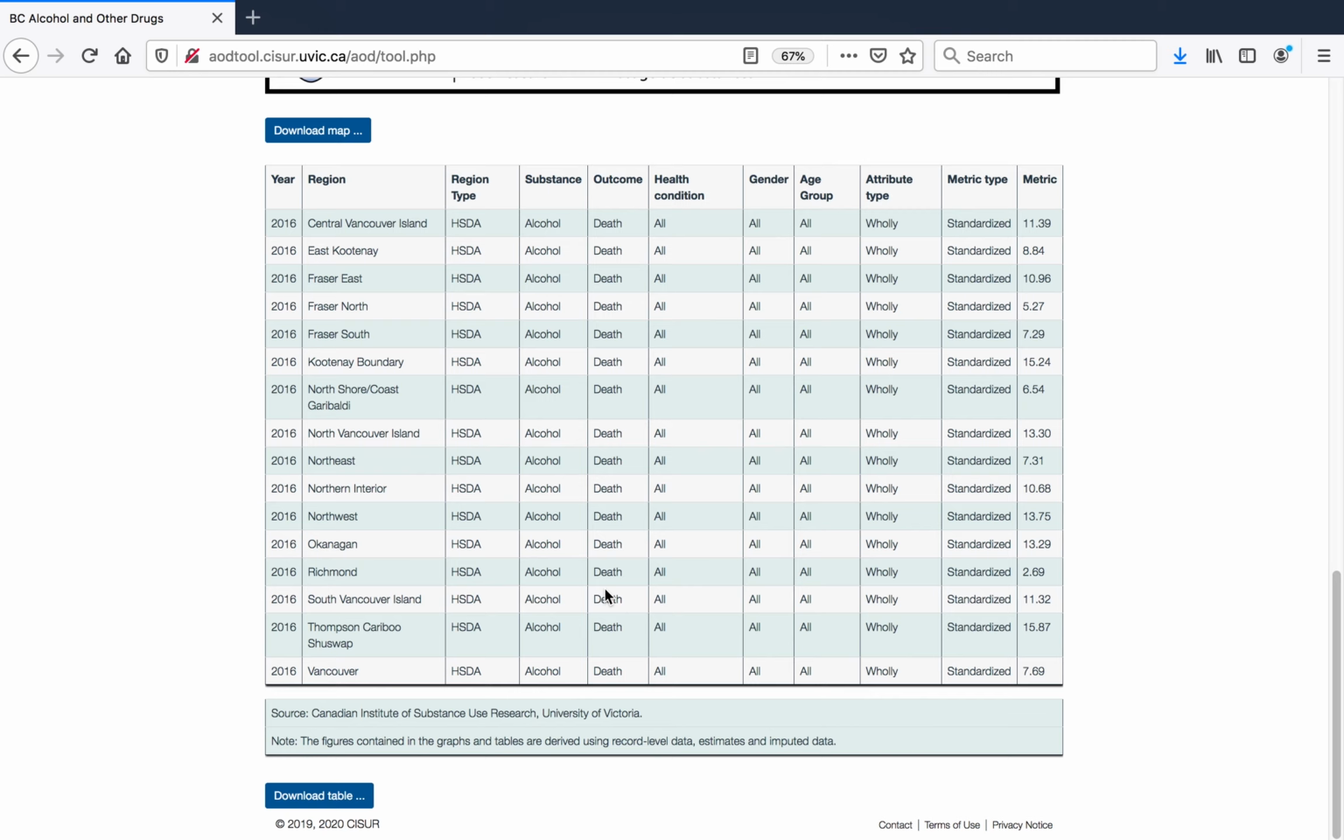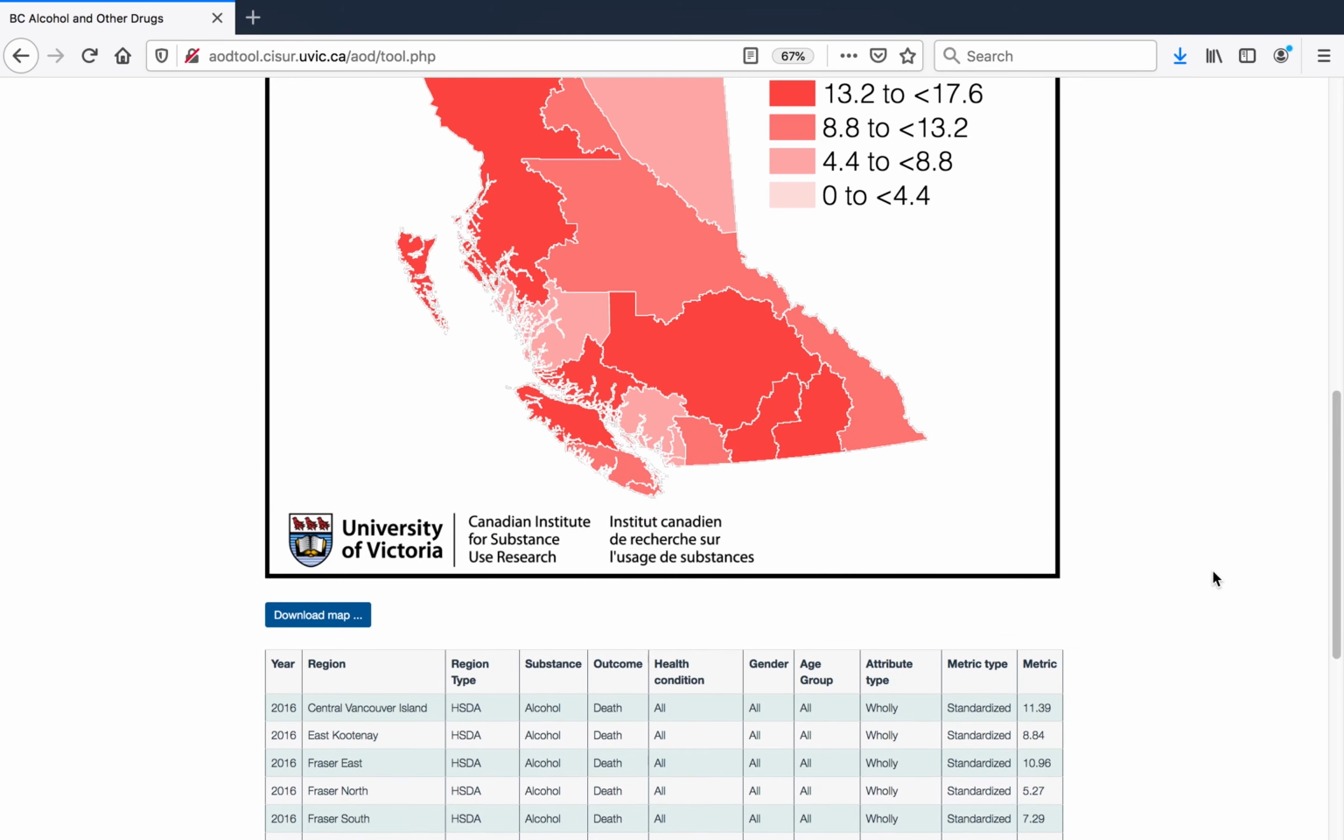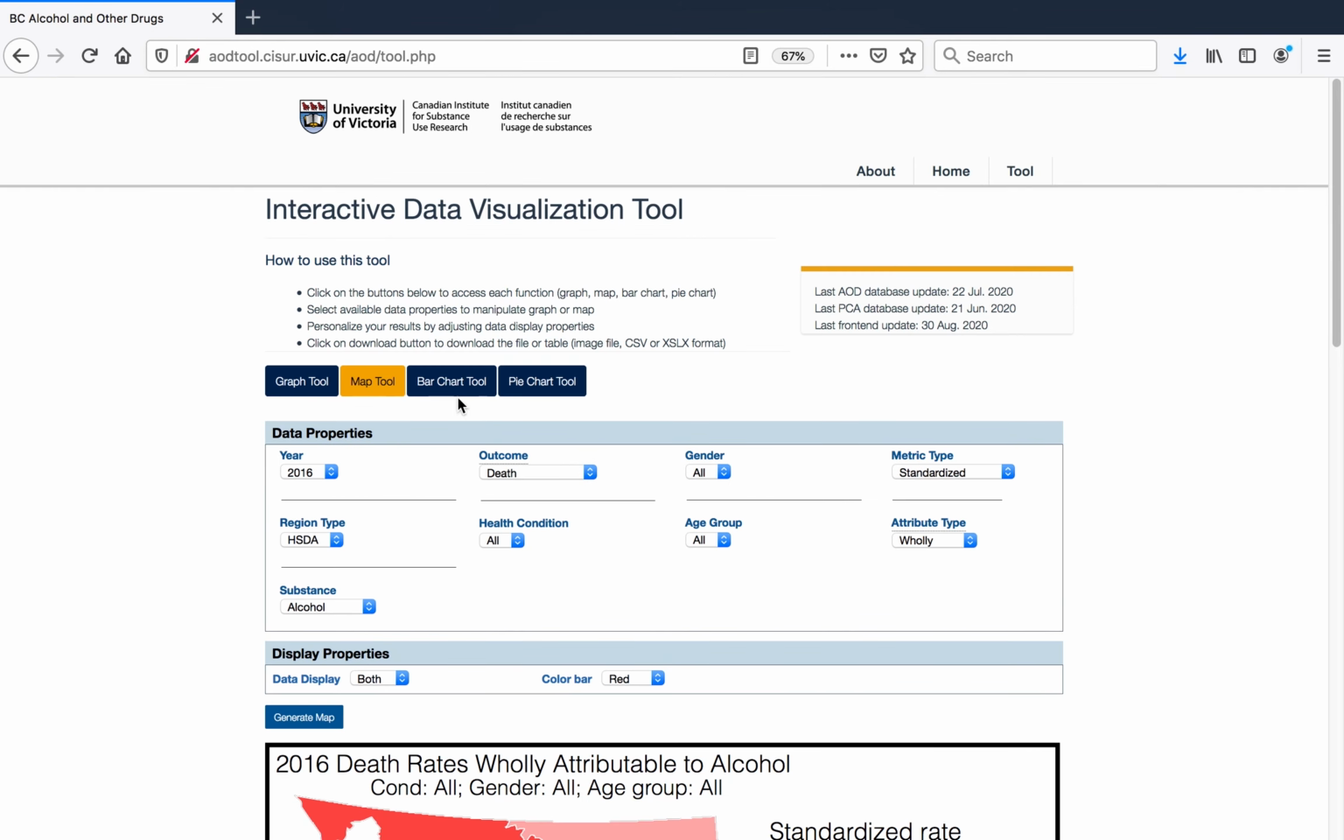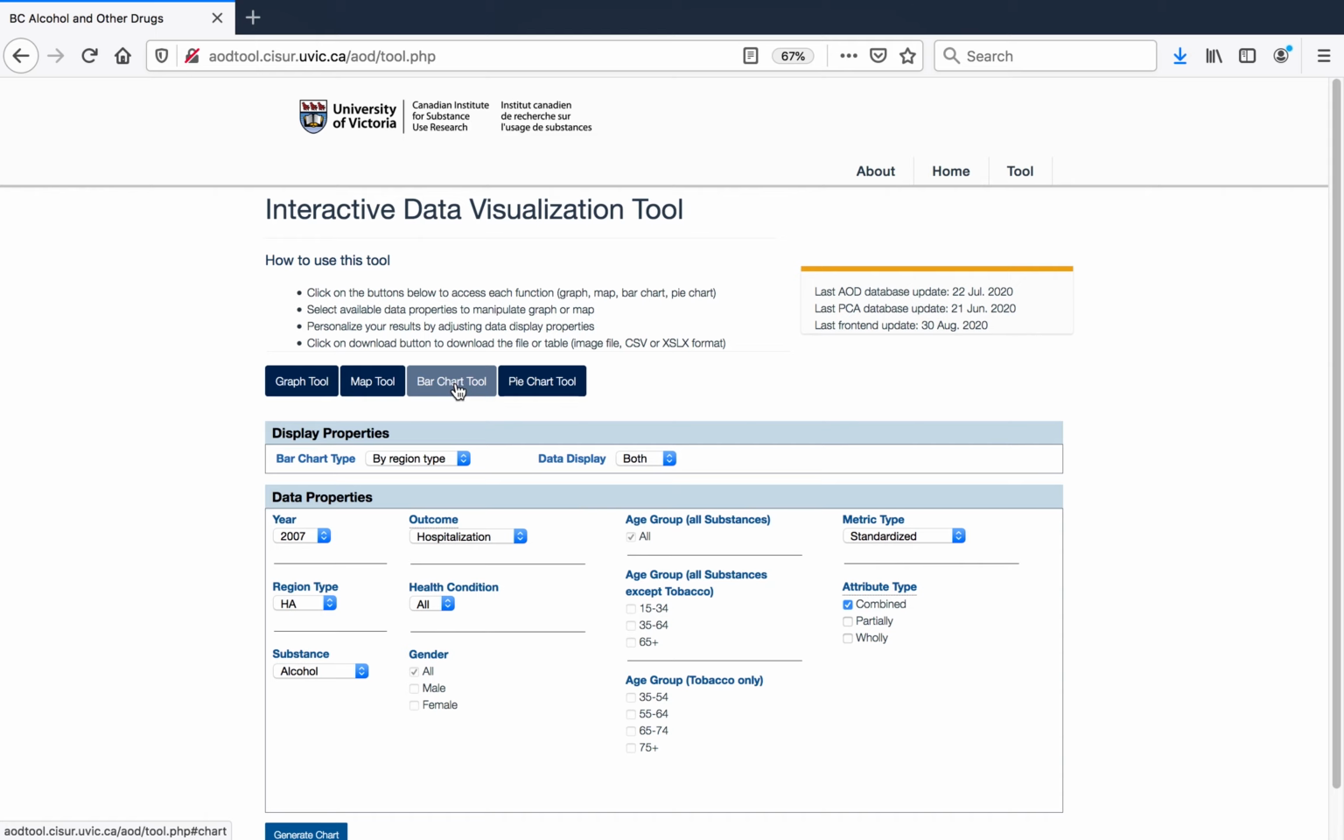The next example is the Bar Chart tool. To select the Bar Chart tool, click on the Bar Chart tool tab. The bar chart can display multiple metrics for a particular group of regions, either health authorities or health service delivery areas. If, for example, we are interested in stimulant hospitalization counts for 2018, broken down by the 3 age groups for BC and for the 5 health authorities, we select 2018 for year,